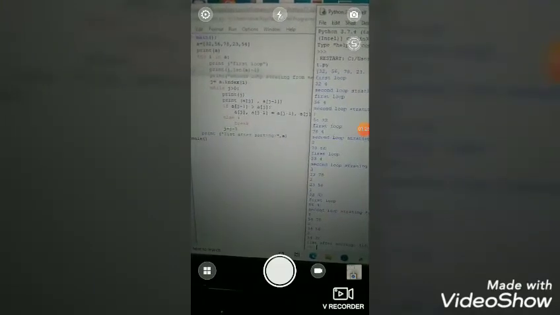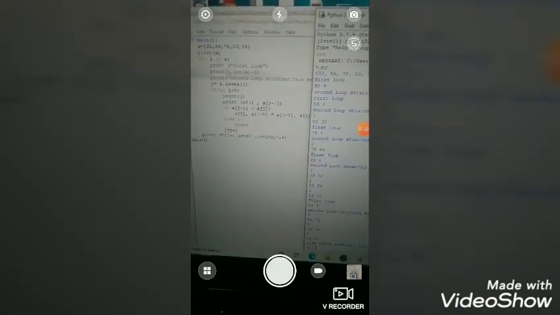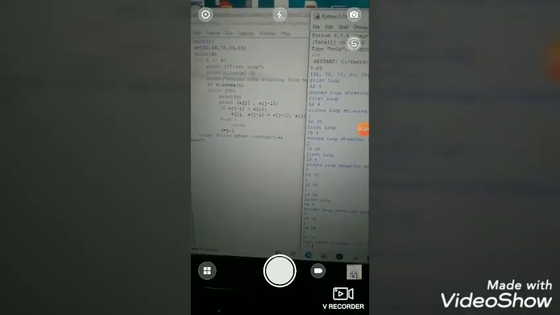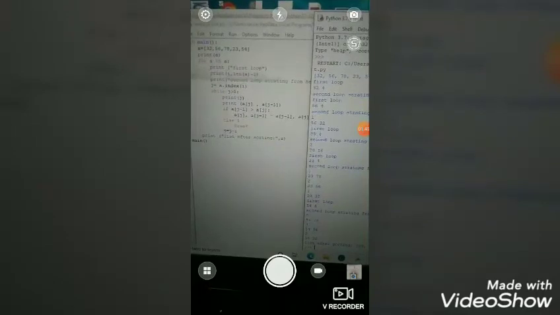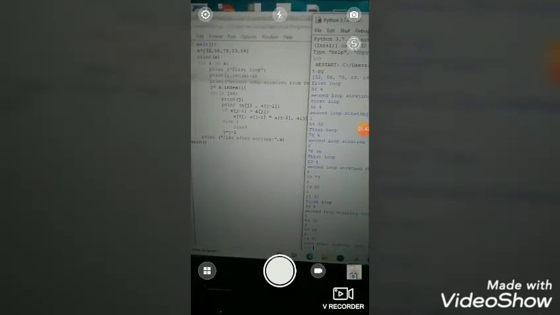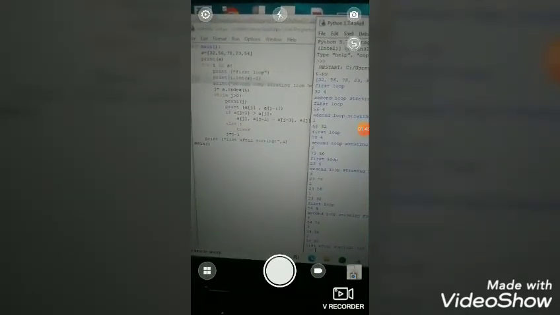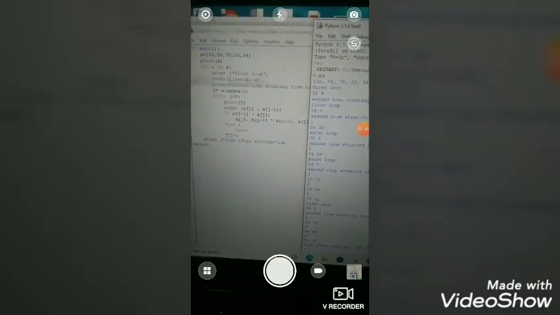So value of I is 32. Value of I means the first value or the 0th index number value of our list. So 32 is the first element or the 0th index number element, and the length is 5 minus 1, that is 4.